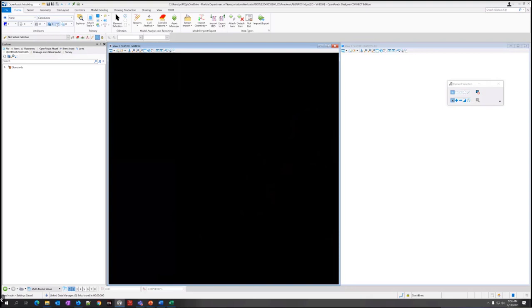So what we're going to do first really is just look at the template to make sure that the super elevation flags are set up correctly. So we're going to go over here to the Corridors tab, or you can just do the F12 shortcut. And I'm just going to do the Create Template.